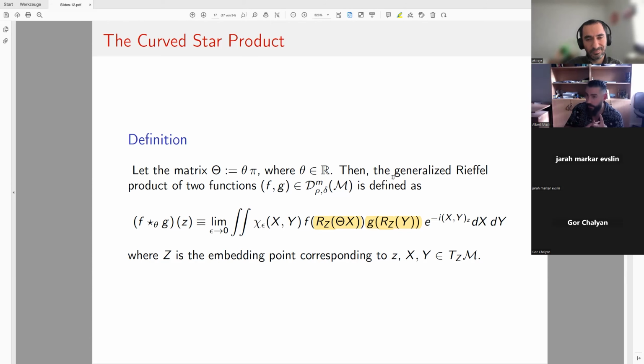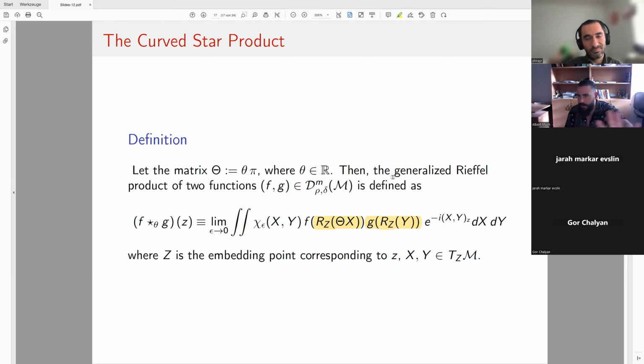Then there's the Rieffel product, which uses oscillatory integrals. What differs from the Kontsevich one is that it is a strict deformation quantization. It means you use oscillatory integrals, you have to use Hörmander a lot and all these nice things, right? And oscillatory integrals take care of the convergence. And there is also the Fedosov quantization, which is somehow a special case of the Kontsevich quantization for symplectic manifolds, basically.